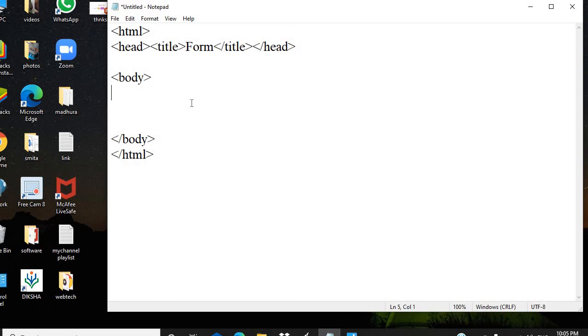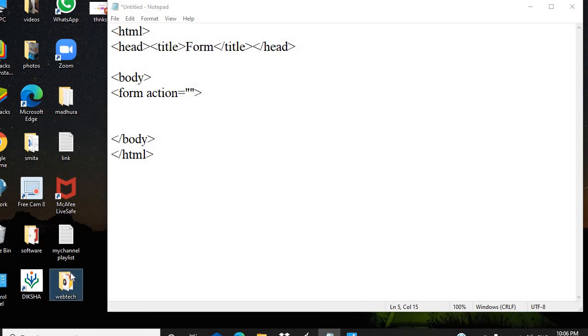So in this section, I am going to explain one tag at a time. The first tag is about your text box. A text box is used to collect a small amount of data, that is, single line data, such as your name, email address, contact number, which can be collected by using this form field. So let's practice that. Over here I require the form tag with the attribute action, whichever file you want to link while clicking on the submit button. You can mention that file name.